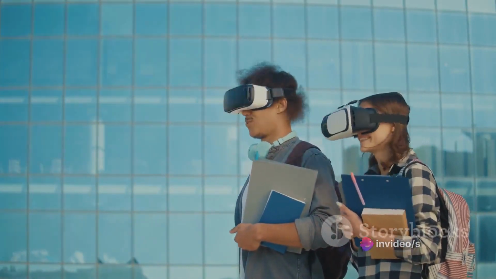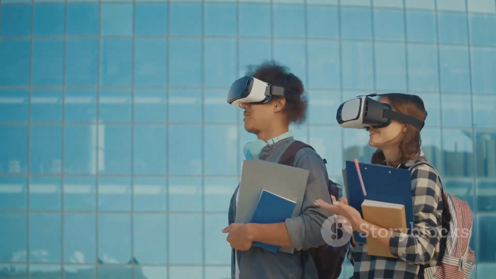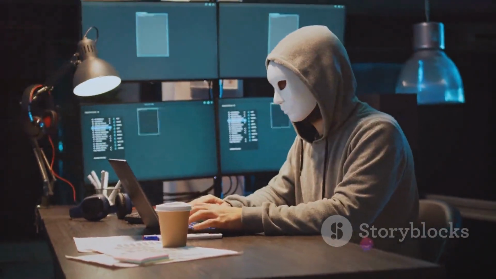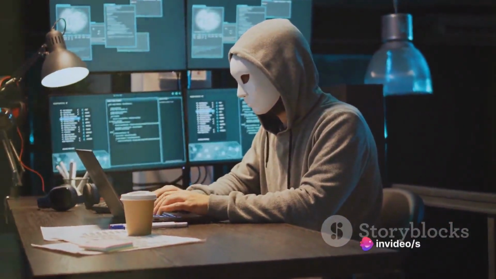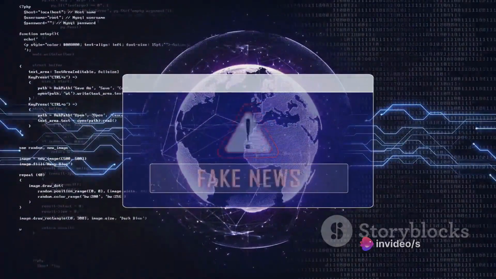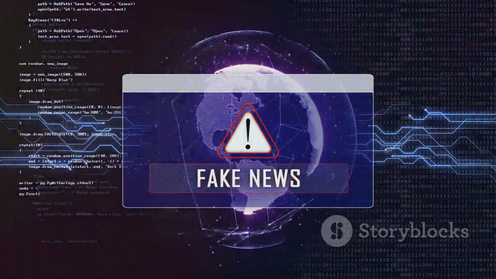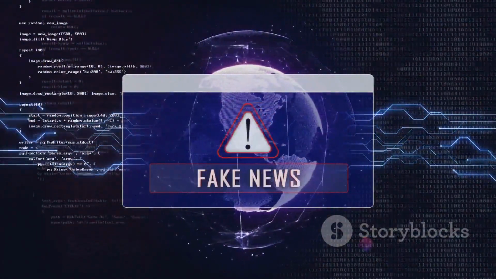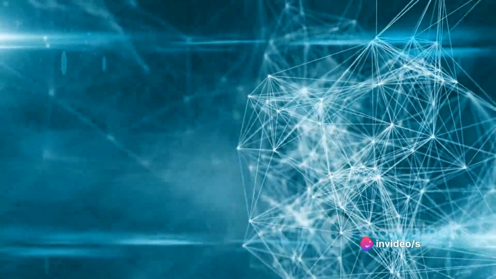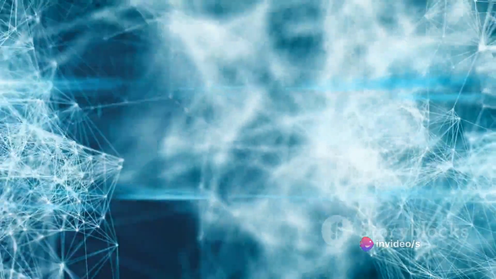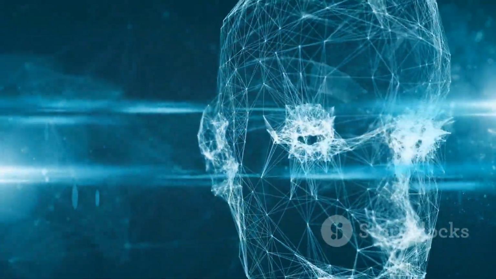Yet, while these applications shine a positive light on deepfakes, it's important not to overlook the potential for misuse. As deepfake technology becomes more accessible, so too does the risk of it being used to create harmful or misleading content. The power to manipulate reality in such a convincing way carries with it the potential for serious consequences, from fake news and political propaganda to cybercrime and personal exploitation. As we venture further into this brave new world of AI-generated content, it's crucial that we navigate its complexities with a keen sense of ethics and